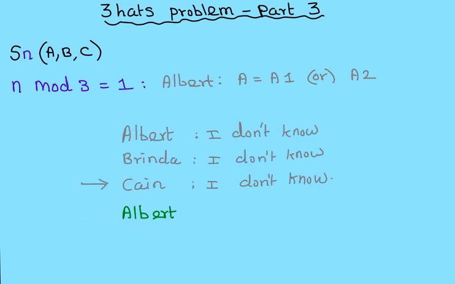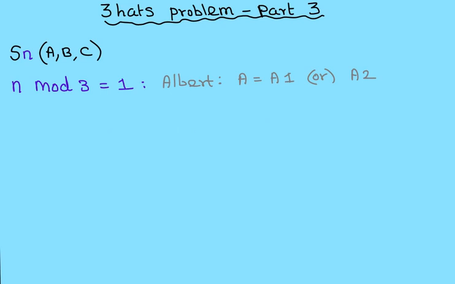Just before two statements, he himself has said, I don't know. So he just needs to check the previous two statements alone. If both of these statements remain 0 for both of the values a1 and a2, then Albert says, I don't know. So